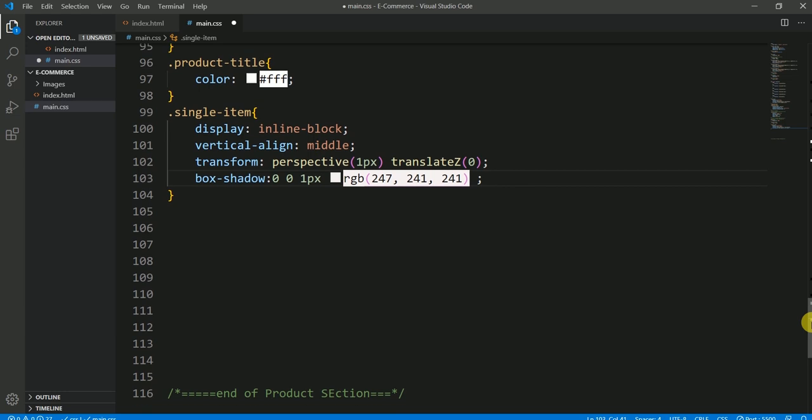So the shadow is going to be this white color, and then the position would be relative,